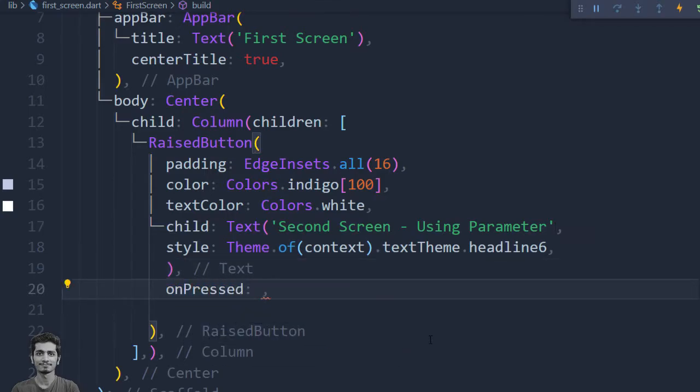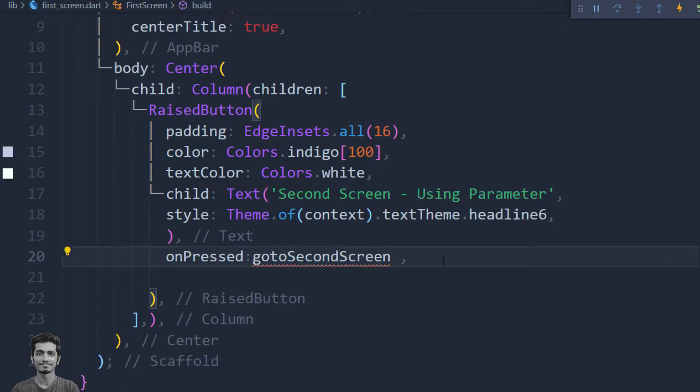We use this onPressed property to navigate to the second screen. Go to second screen is a function that we are going to assign as an argument. Let's create this go to second screen function.